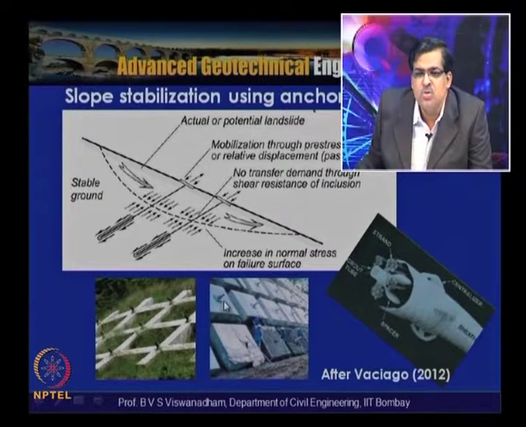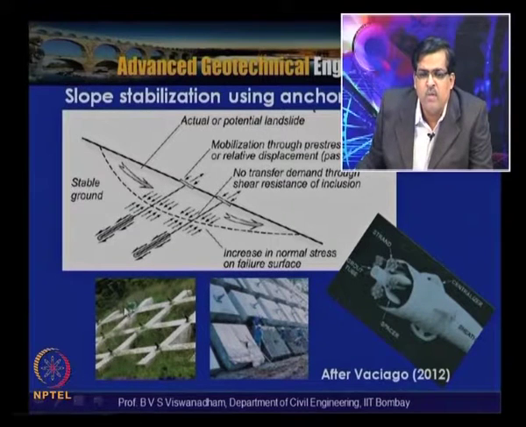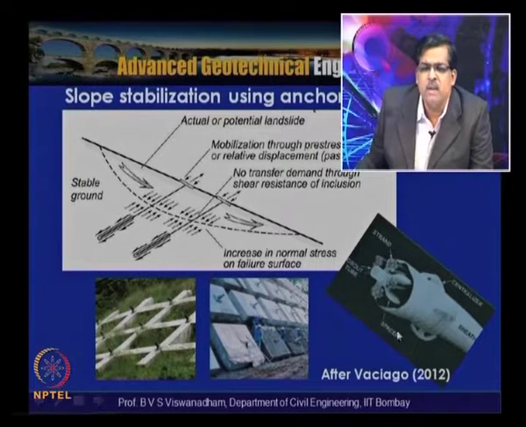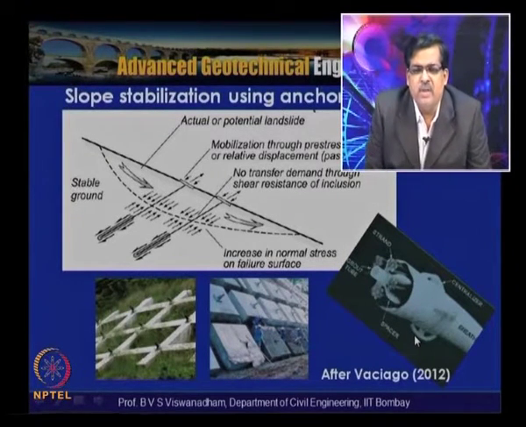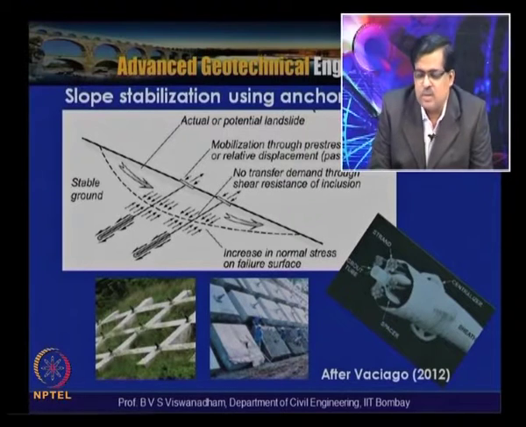So this ensures these are the active anchors, and this is something like to have both green vegetation as well as a support. This is something called grid type of beams, which are popularly used nowadays in a number of applications. This type of application is after Wakaigo 2012, wherein such applications are actually happening in practice.